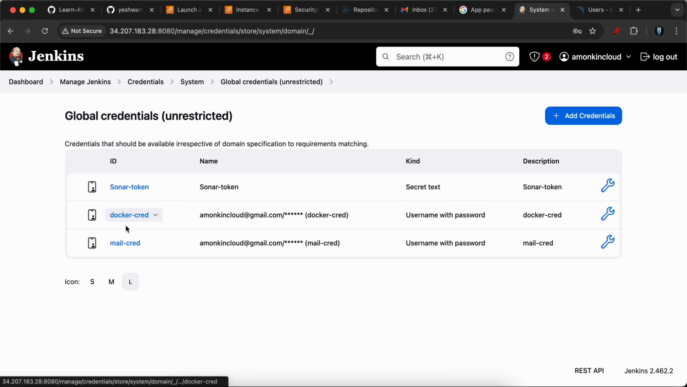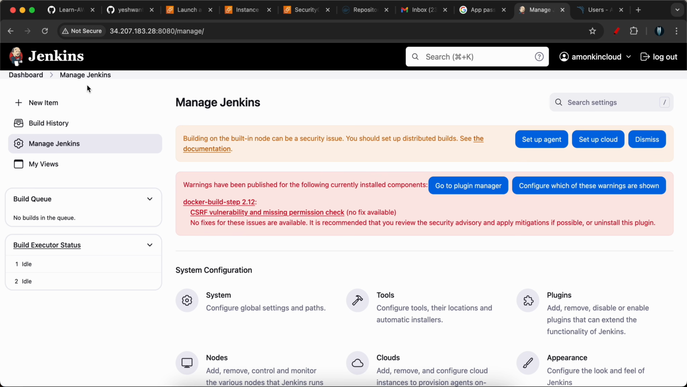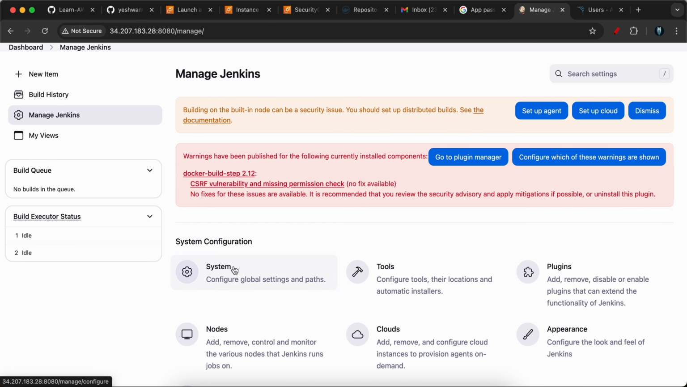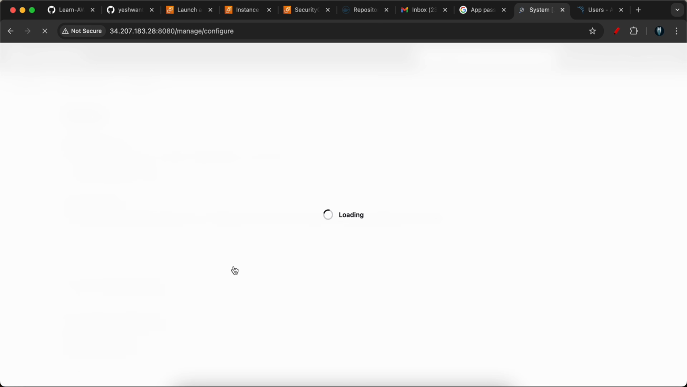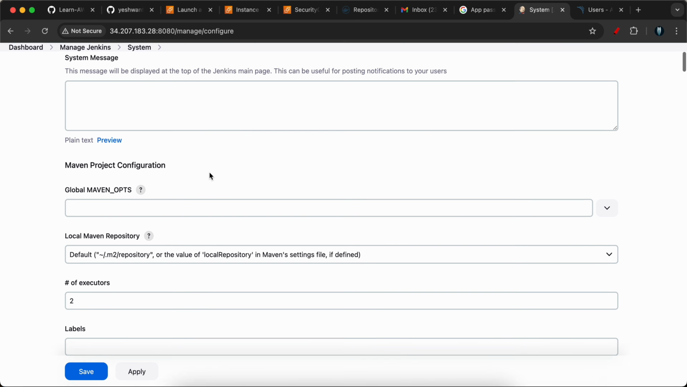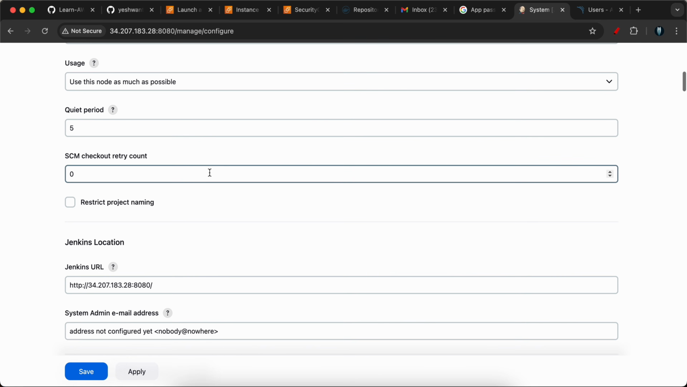One is Sonar, Docker, and email. Okay, so if that is done, let's go ahead and manage Jenkins now. And we need to configure the system. So for that, go to system and let's go ahead and configure some of the global settings that are present here. So for that, we will come here and here we need to